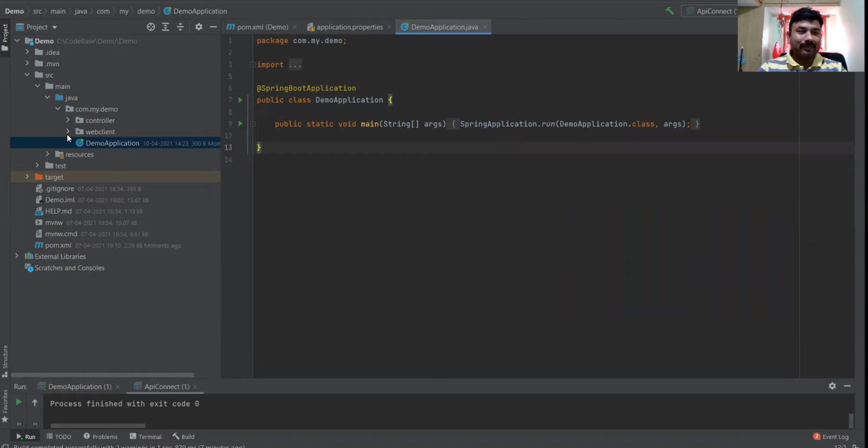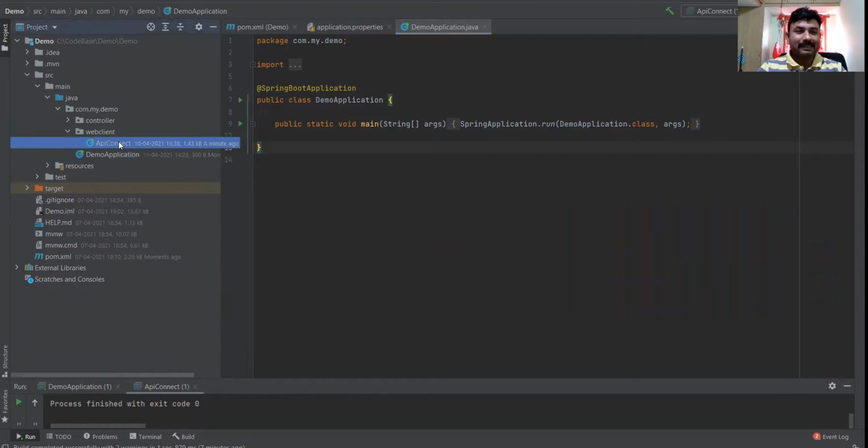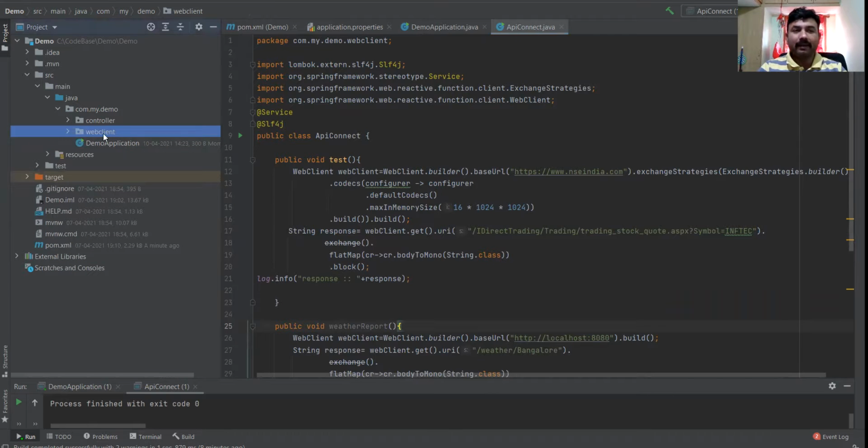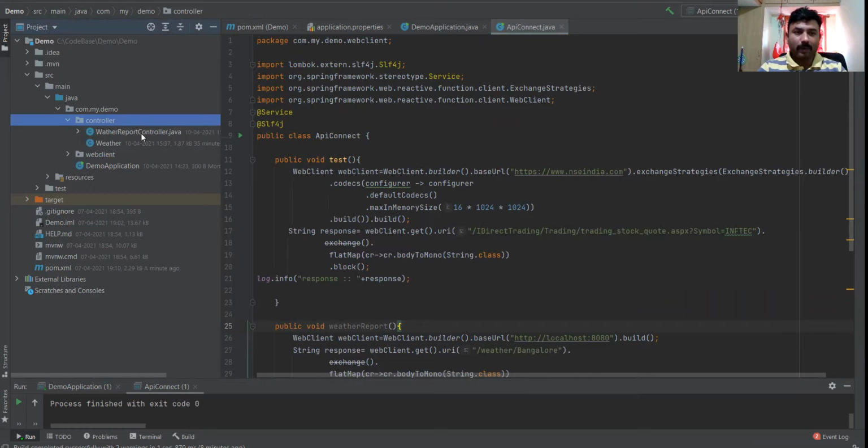The next thing is the web client. It is no longer related to the Spring Boot application; you can keep it outside also, but you can consider it a separate component. This Spring Boot application I especially created for the REST controller. Let me explain why I am developing it. To work with WebClient, you need some REST service. It could be anything, but at least it should have an HTTP URL. So to connect, I just built a very small